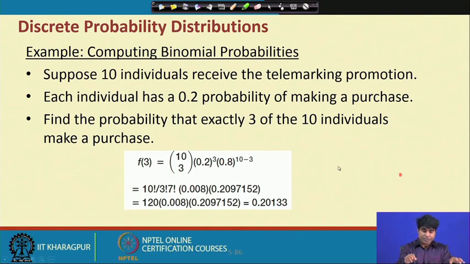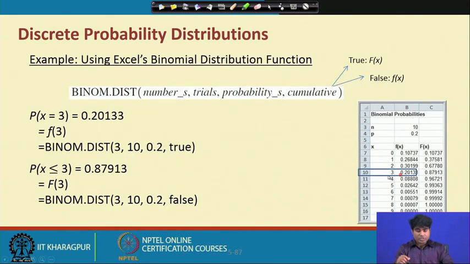Let me first highlight all these distributions, then I will take you to the spreadsheet and show you how these come about and what the probability or prediction strategy is altogether. This is how the Excel spreadsheet looks. You have to just follow this particular structure to get the distribution patterns or the probability requirement. It is exactly the probability distribution, but it will follow particular patterns. For instance, in the binomial distribution you have to fix the number of trials, then the probability, and then whether you are looking for a particular case or a cumulative case.